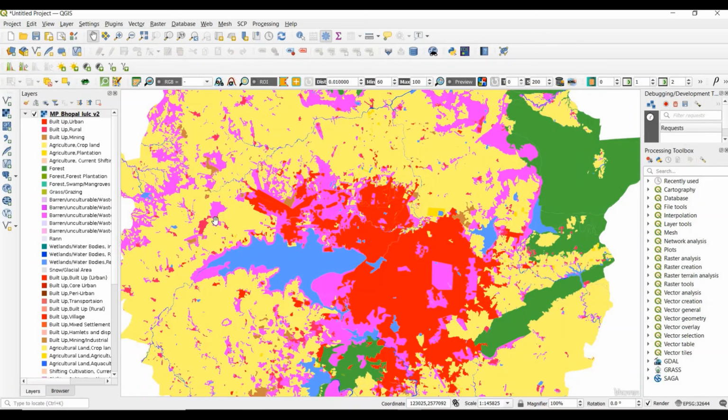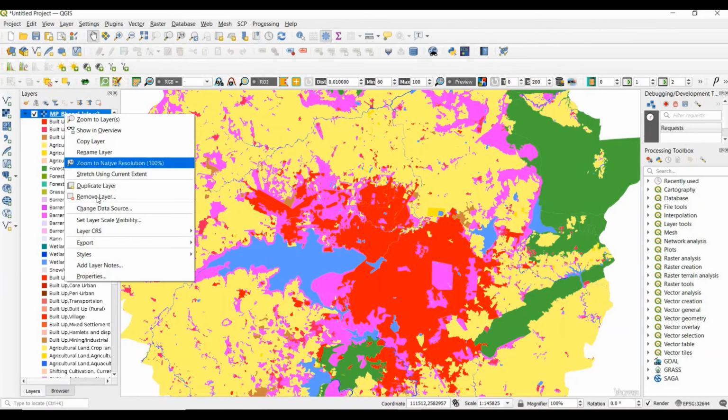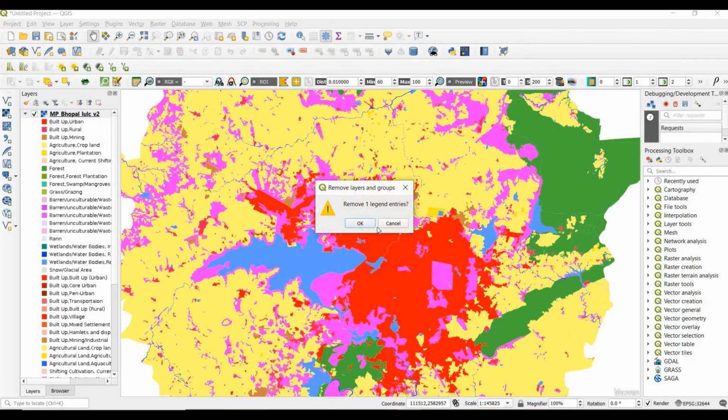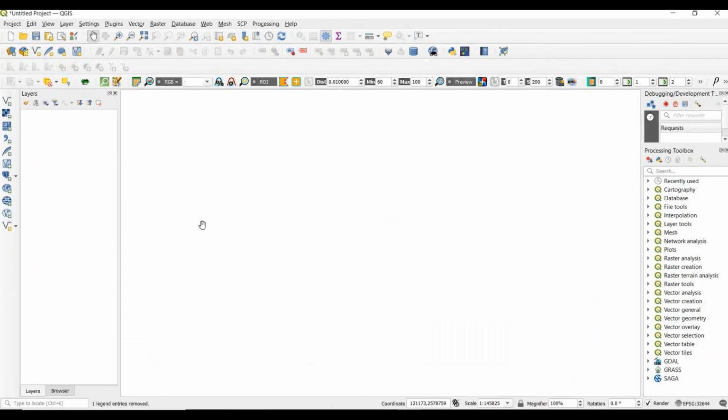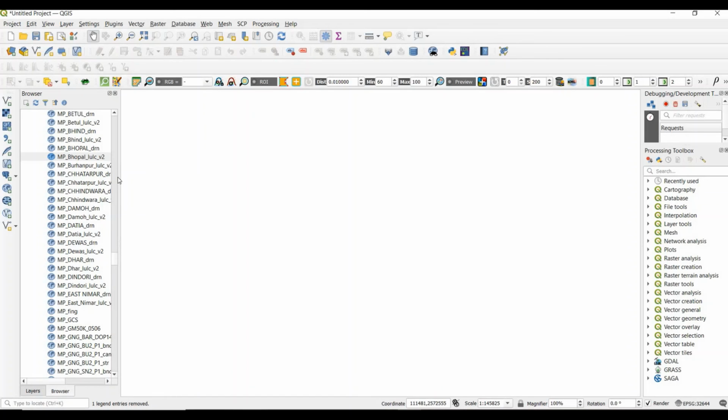Let's delete this layer from workspace, and now we are going to add OpenStreetMap in our work window.